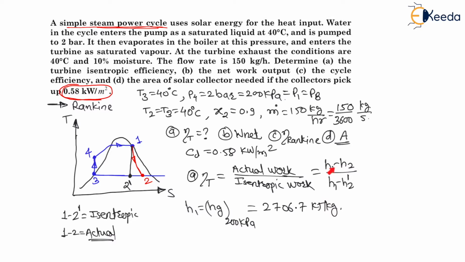Now my dear students, h1 we have calculated. Now our target is to find this h2. So my dear students, h2 is in the liquid plus vapor state. Therefore, for the h2 calculation, we can say h2 is equal to hf plus x hfg. Now all these values you have to look at for point 2, where the temperature is 40 degrees Celsius. So again in the steam table, look at these values at 40